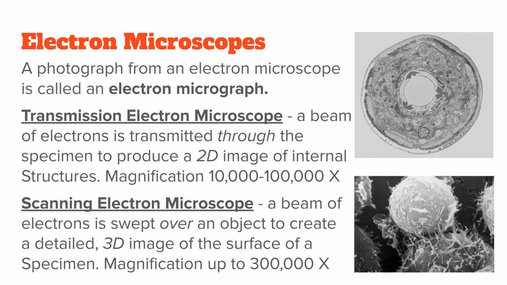Big difference between a light microscope and an electron microscope is that the electron microscopes, instead of using light, are actually transmitting electrons through a specimen. Or if it's a scanning electron microscope, they're actually sweeping electrons over and using the information about it to produce a three-dimensional image. So images like what we see in the bottom right, which is a whole bunch of white